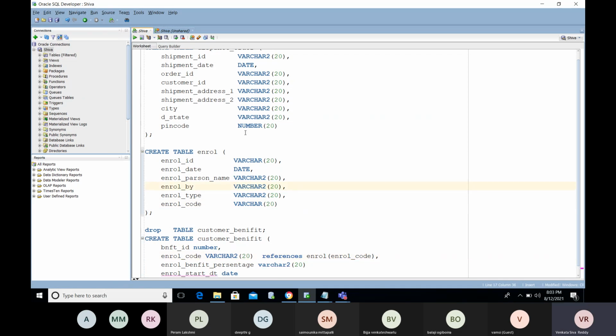So for this table, I don't have any information. I am going to share all the table scripts. Okay, for this table, I don't have any information. Try to insert from your end for existing customers and new customers as well. Got it?